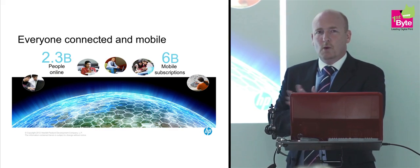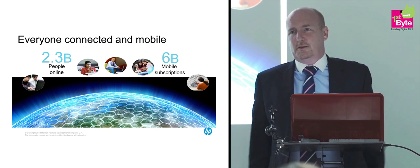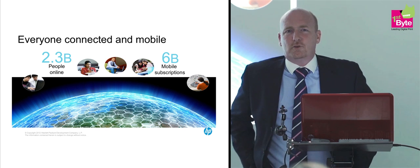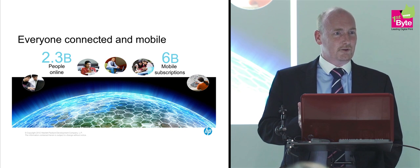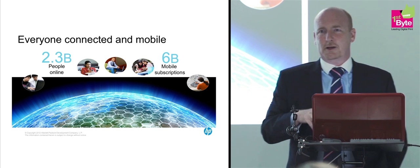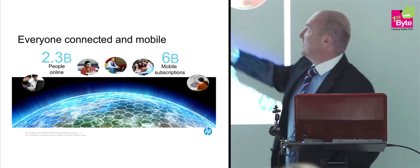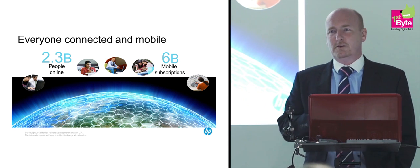So, when I talked about the paperless office, the reason this was all started was because of the rise in electronic communication. This is 2012 data. In 2012, 2.3 billion people are online, and 6 billion mobile subscriptions are open across the world. Now what's interesting, I checked last night, and the global population at the moment is about 7.1 billion. But 25% of the global population is under the age of 14. So what that tells us is that there's more than one mobile subscription for every person on this planet over